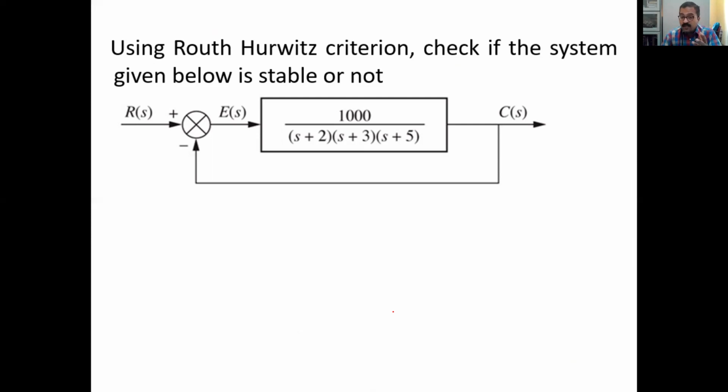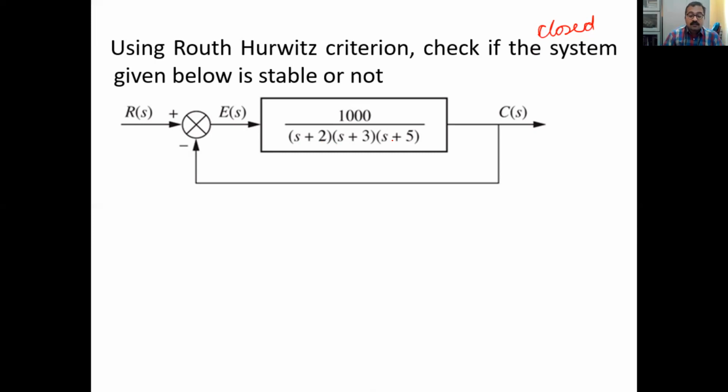The open loop plant, or the plant to be controlled, may be stable, may be unstable, right? So you have to design an appropriate controller and check whether the control system, when put in feedback configuration, will be stable or not. So always we are interested in closed loop stability. So check if the closed loop system is stable or not. That's the meaning, not the open loop plant. So here, what's the open loop system? 1000 by (s plus 2)(s plus 3)(s plus 5), right? Where are the open loop poles? Minus 2, minus 3, and minus 5. Open loop poles are something, closed loop poles are something else.